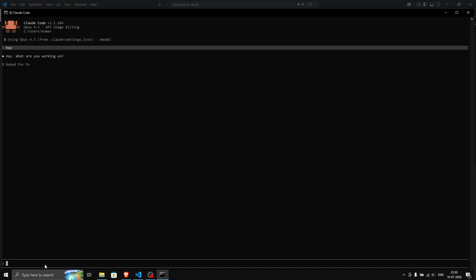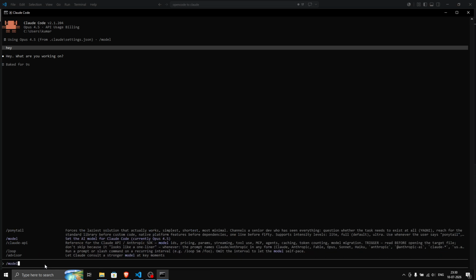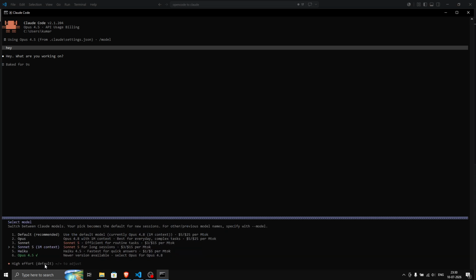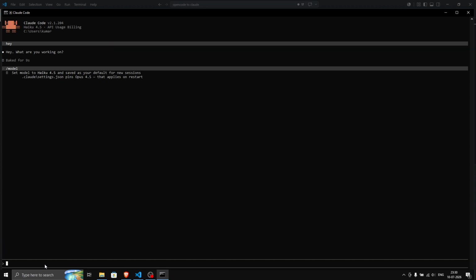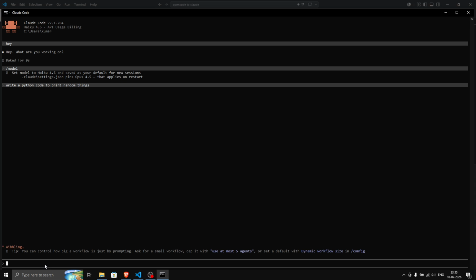Okay, well, if I use the lower model like Haiku, and here I say write a Python code to print random things, it might take a little bit of time because we are routing the model, and you do not have to